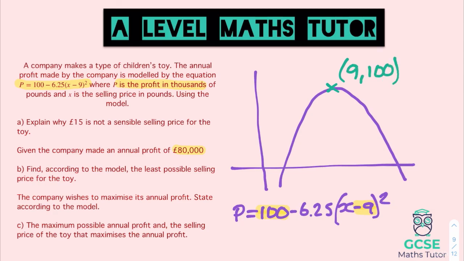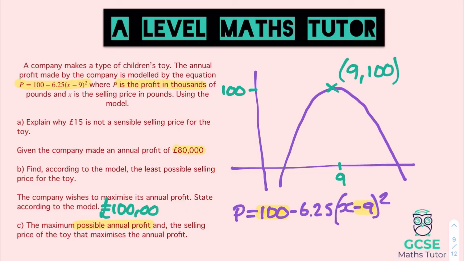And thinking about what that means in terms of the x and y axes, we would have 100 over here, and in the middle, right in that reflection line there, would be an x coordinate of 9. So we've got our numbers that maximise our profit and give us our selling price at that particular point, right at the peak of the curve, right at the peak of the parabola. So those numbers are 9 and 100. We just need to get them the right way around. So in terms of, and let's have a look at the question, our possible annual profit, not forgetting that that number 100 is given to us in thousands of pounds, the maximum possible annual profit would be